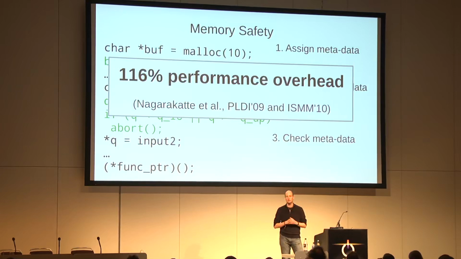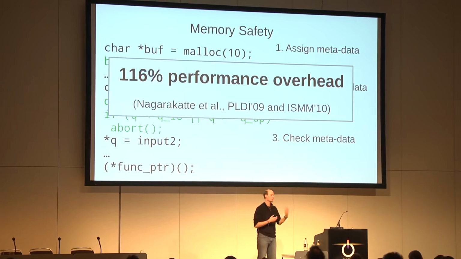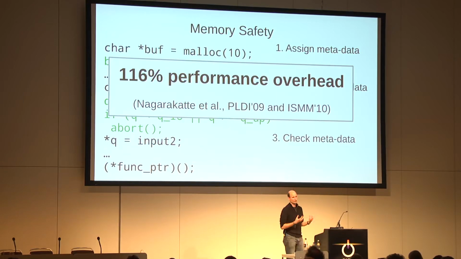So what we get is these 116% performance overhead, because there are just way too many pointer assignments in low-level languages like C or C++. And the compiler has a very hard time optimizing these and getting rid of all the surplus assignments. So in reality, or with a perfect compiler, we should be able to prove for many more accesses that they are actually safe. But it's very hard to reason about these things on the compiler level. And therefore, we have this fairly high overhead, even with a very sophisticated compiler analysis framework like LLVM offers.